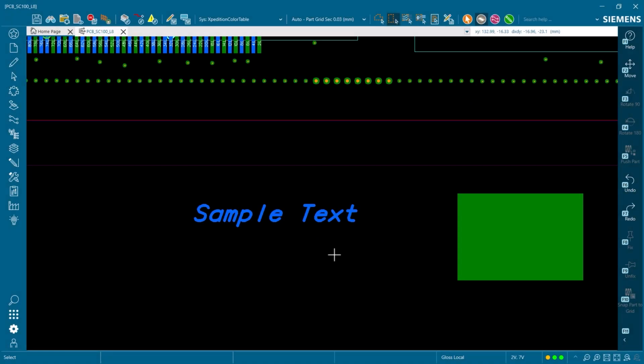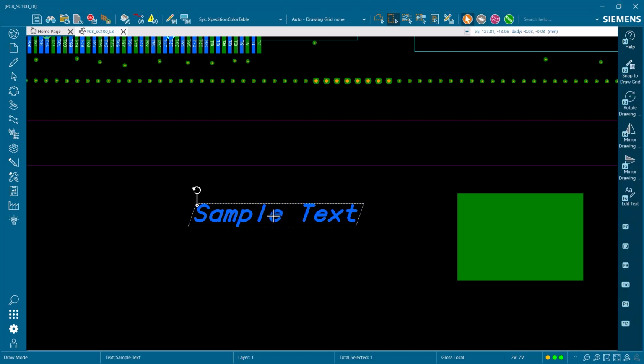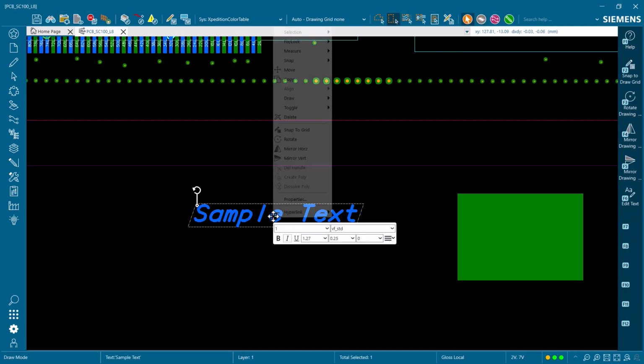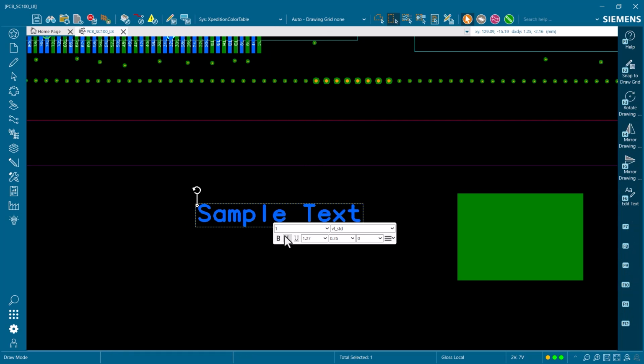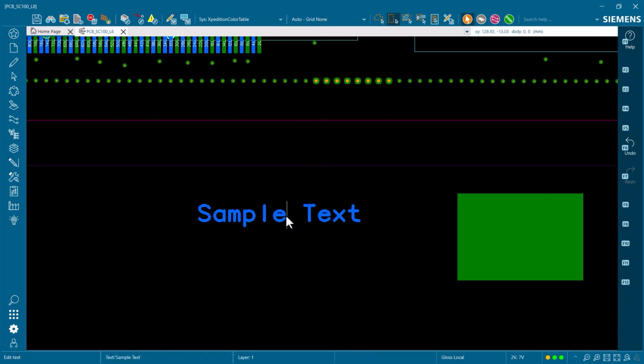Another new consistency with Designer is in situ text editing. This simply means that text can be edited directly and dynamically instead of depending upon a properties field. I'll click this selected sample of text to modify it directly. You can also select and manipulate text segments just like you would in other modern text editing tools.